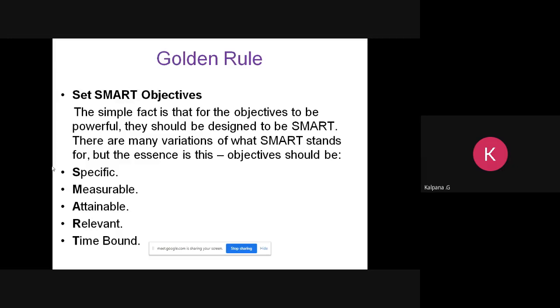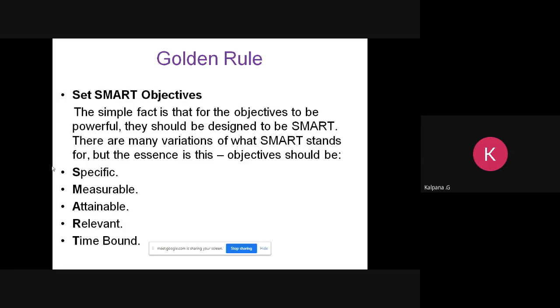When we talk about the attainable or achievable attribute, we are going to see, is it actually possible to achieve the objectives in a given market condition or market field demand, in the time period, and with the available resources? So this is how we are going to think when we are setting an objective.